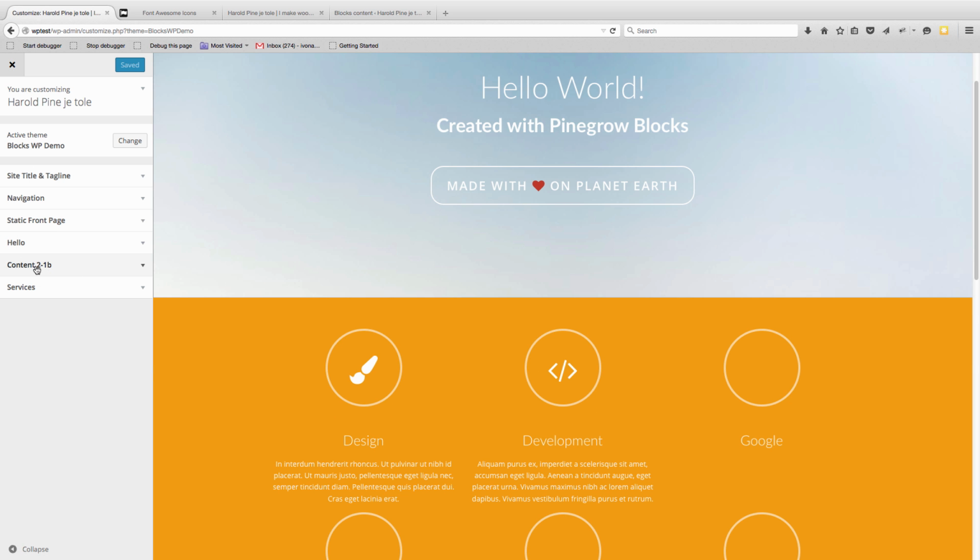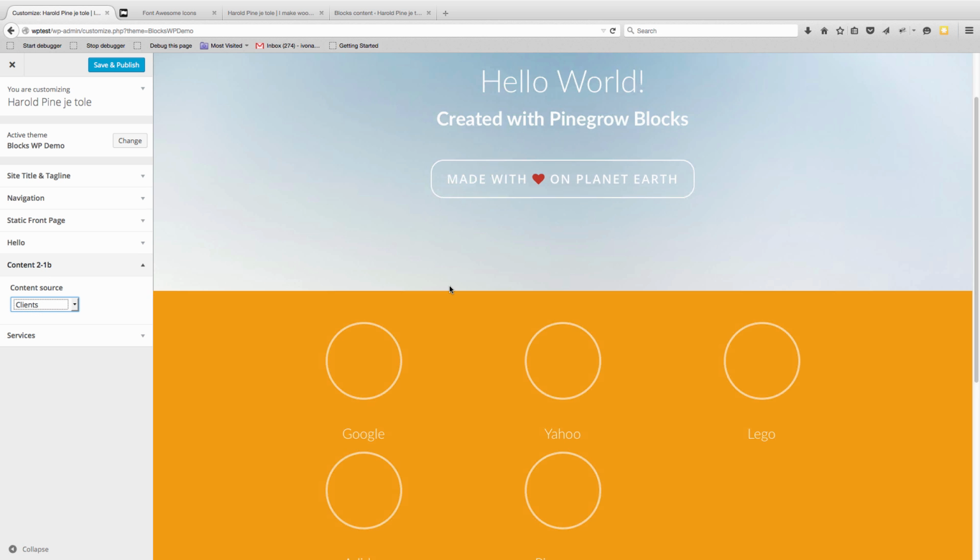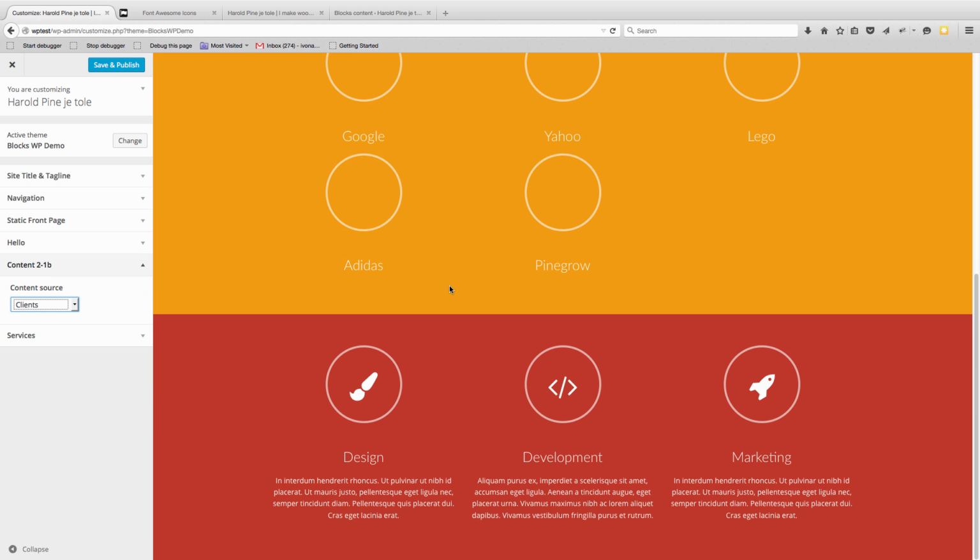Okay, looks okay. So we have services and content to 1B, and let's select clients. Okay, so we are able to have different settings for both blocks, even though they are same, by making IDs